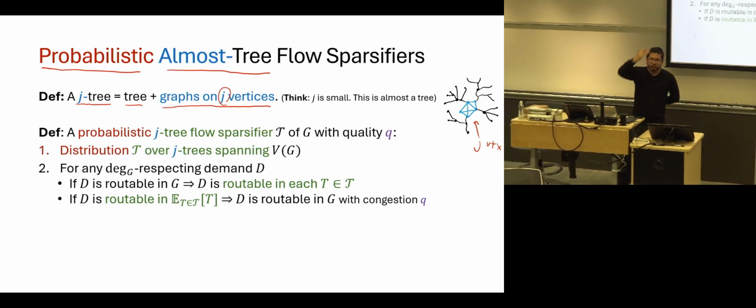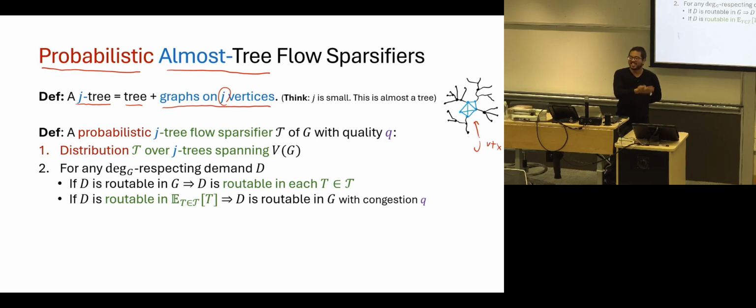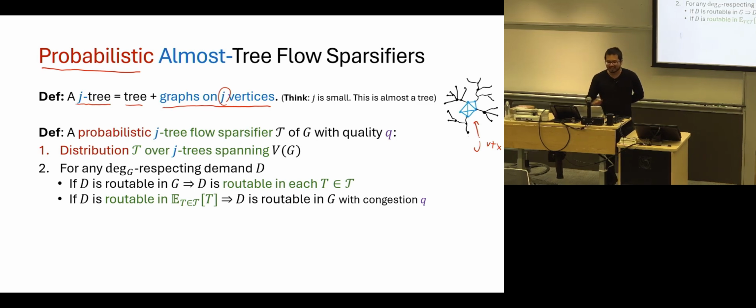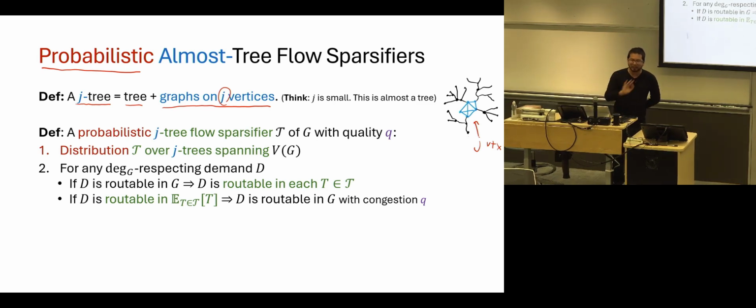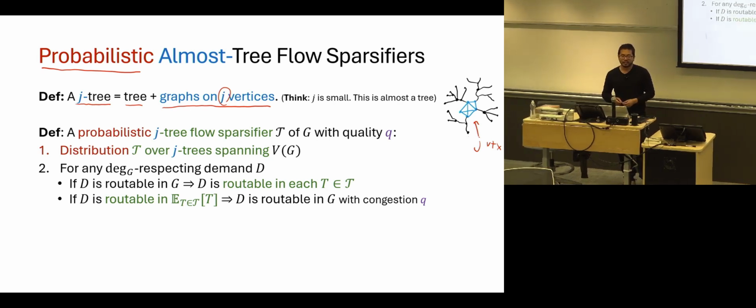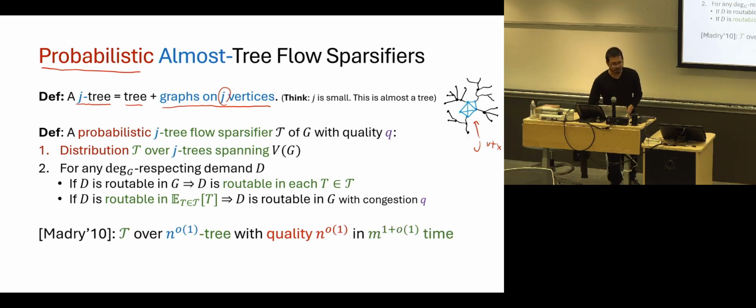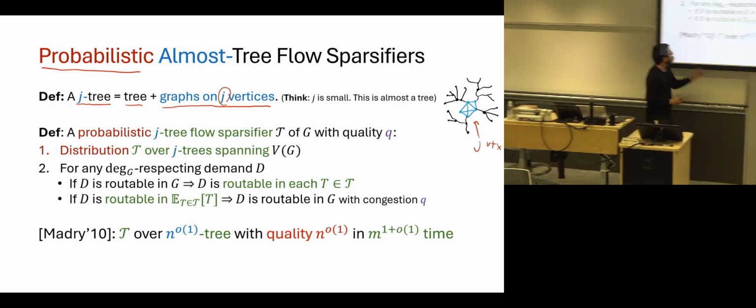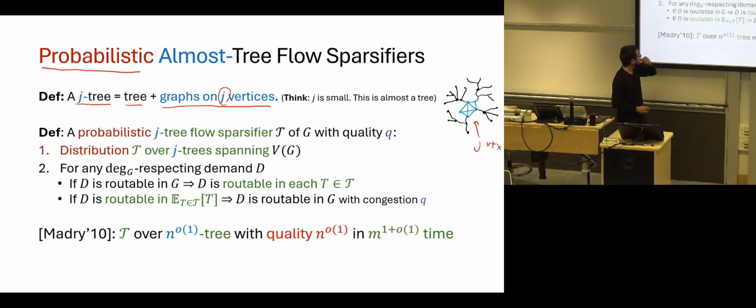Because for the tree, even without J-trees, the probabilistic tree flow falsifier is already optimal, right? Why talk about J-trees? The reason is that that algorithm is slow, okay? And then we want to make it fast, okay? And so it's Madri. Okay. So Madri